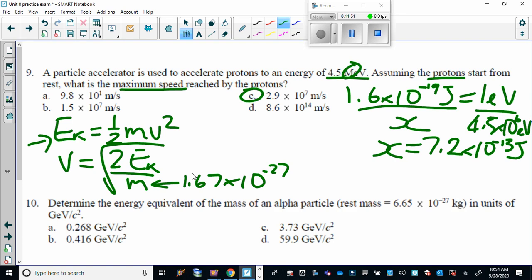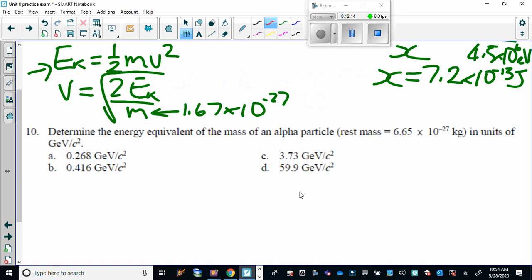If you were guessing on that question, the only one you could eliminate really is D, because that's faster than the speed of light. The other ones, you could probably eliminate A, because when we talk about the acceleration of subatomic particles, we usually talk about very high accelerations. Of course, it's possible it could be going that speed,